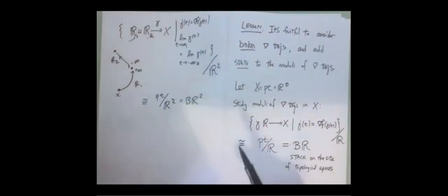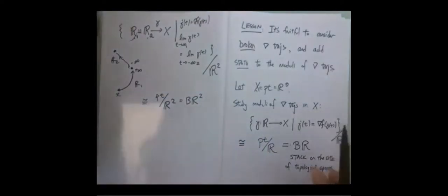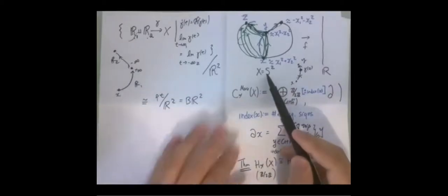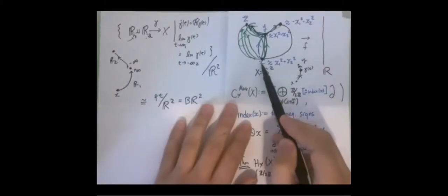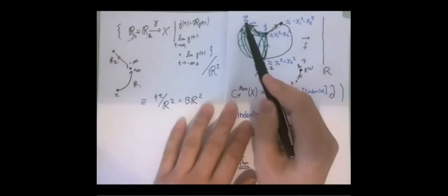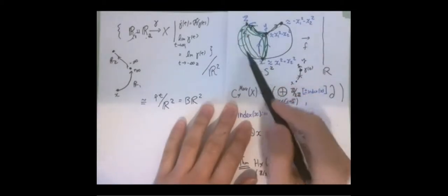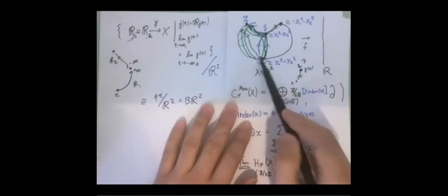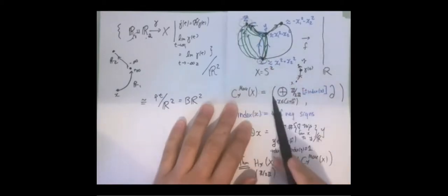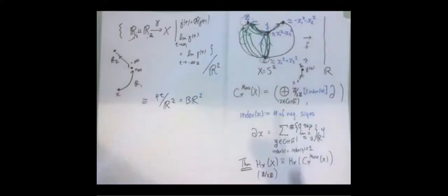And I don't want to stop there. The example that I began my talk with was a two-dimensional example of a sphere. But you can imagine that if I were to take some higher dimensional manifold, and if I took some point of index 0 and some point of index 10 million, there's actually going to be an incredibly high dimensional moduli space of gradient trajectories that go from a point of index 0 to a point of index 10 million. And I can compactify that moduli space by adding corners and corners all the way up to codimension 10 million minus 1. And so likewise, in general,